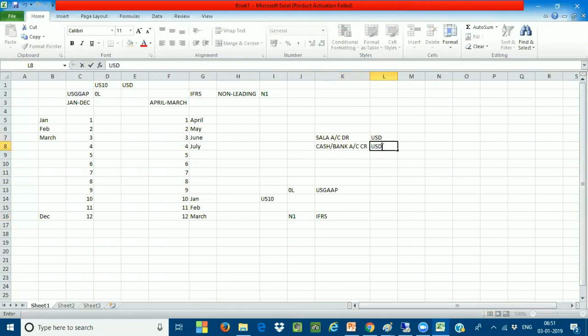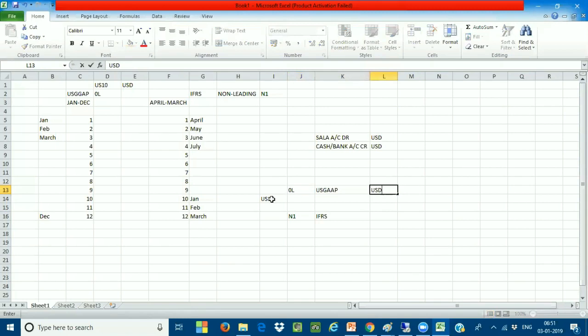So when I take the non-leading ledger, which currency is going to be the default? Very, very important. When the same non-leading ledger I am assigning to this particular company code, already the leading ledger has been assigned to the company code called US10. For the leading ledger, I am using the currency USD.